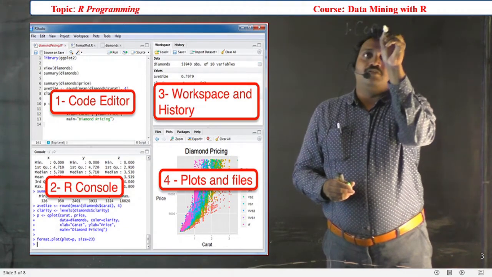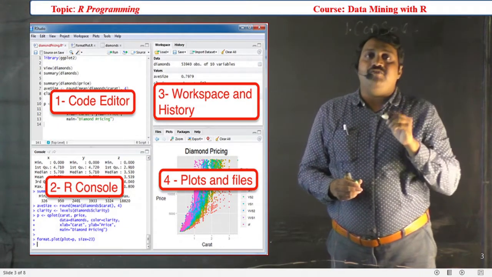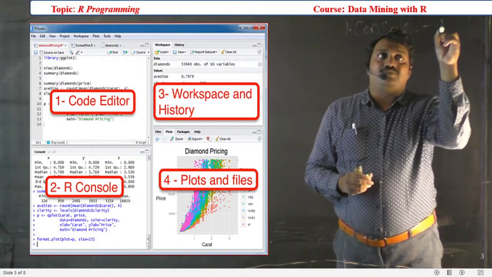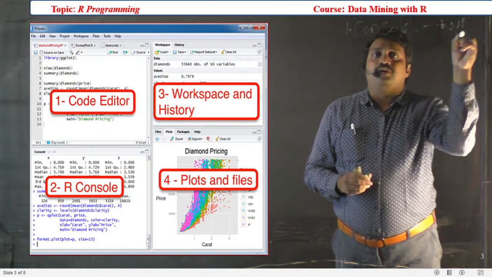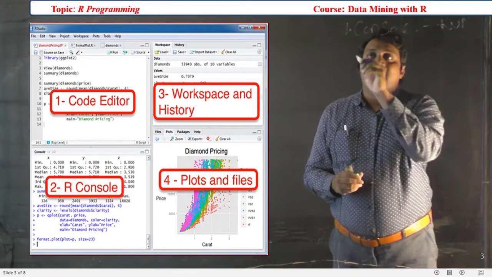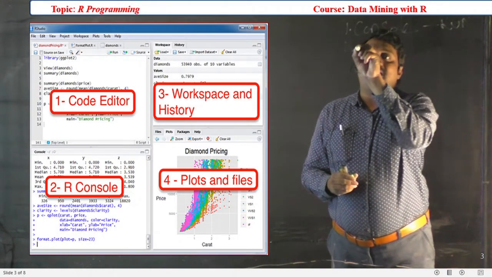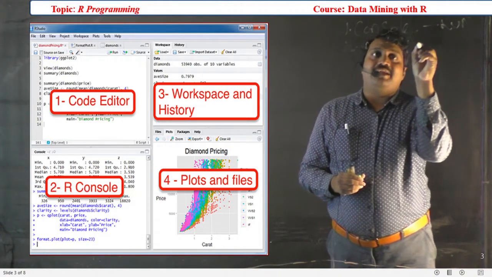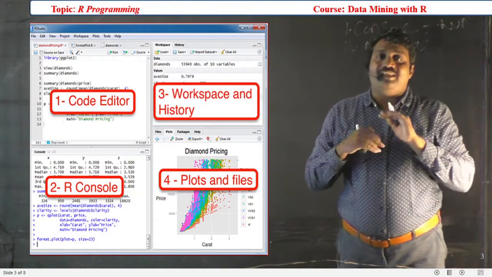The console, which is where we install or run or execute programs. Another is the notepad or editor, where we can write the code.